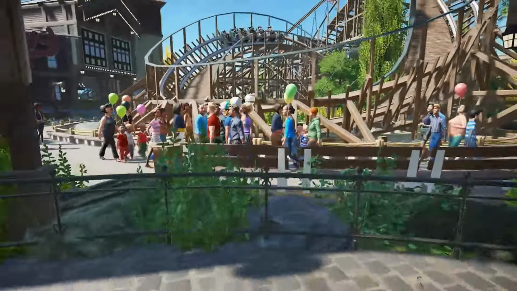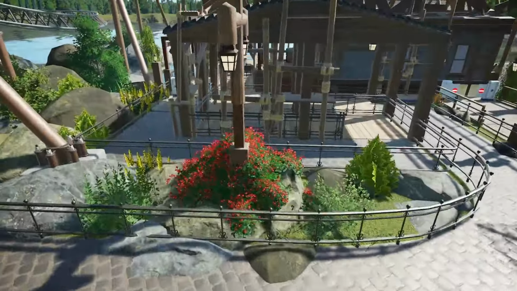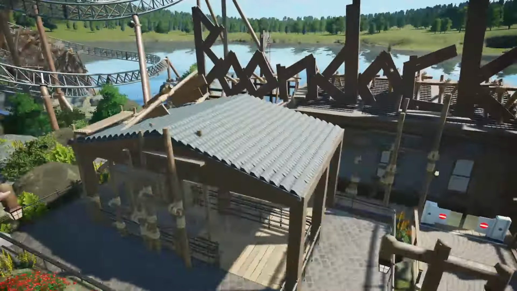Alright, so we need to get over there to ride the mega coaster over there. So what I think we're going to do is take the boat around, which is right here. And again, tying with the whole